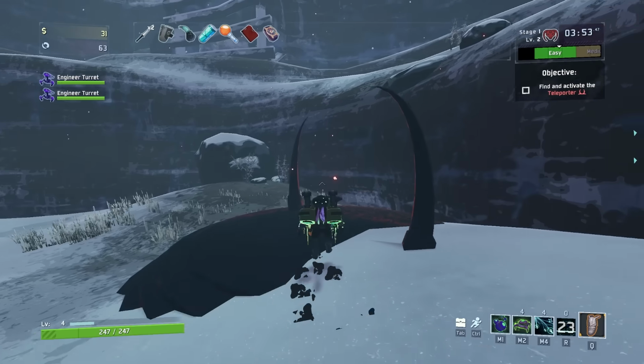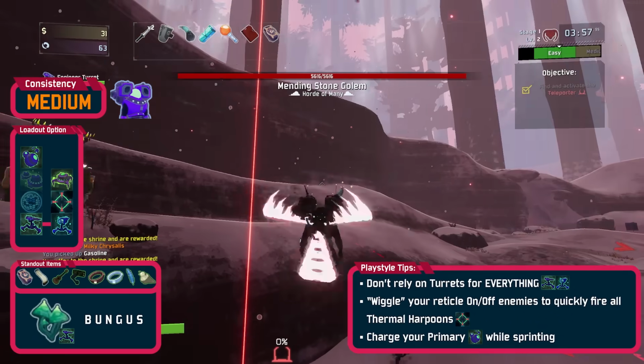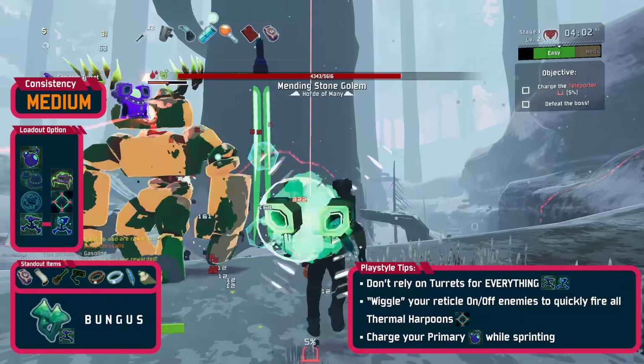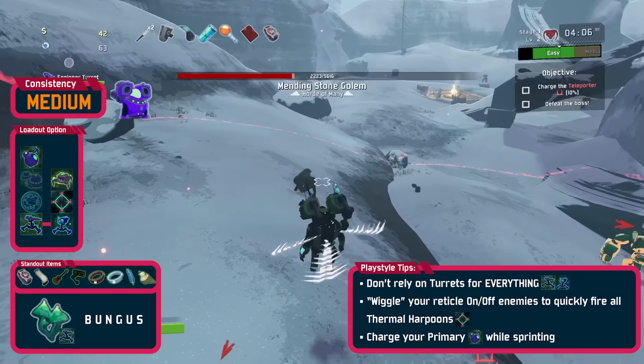Next, Engineer. His runs have medium consistency. Engineer's turrets are his best friends, yes, but you shouldn't have to rely on them for everything. Thermal harpoons are a great tool for taking out squishy and tanky enemies alike. Be sure to charge up your primary attack while waiting for your other cooldowns to finish,